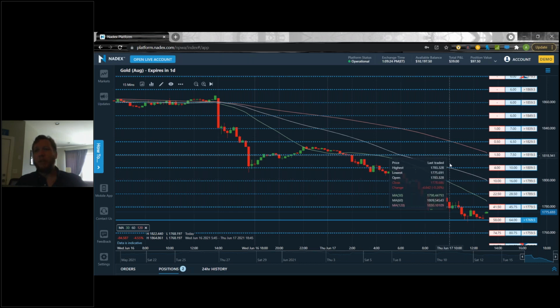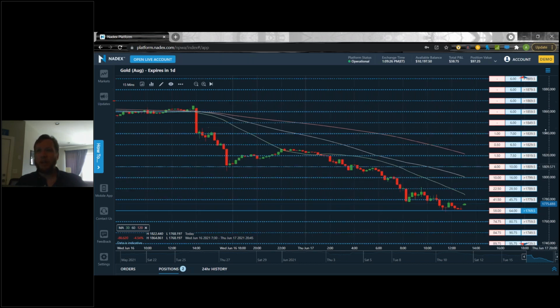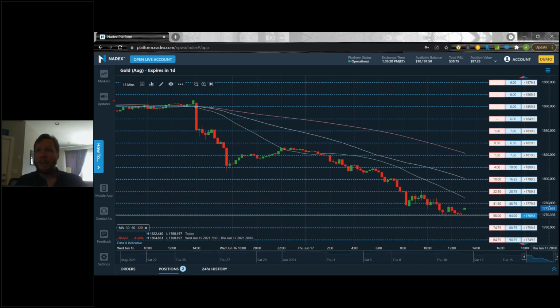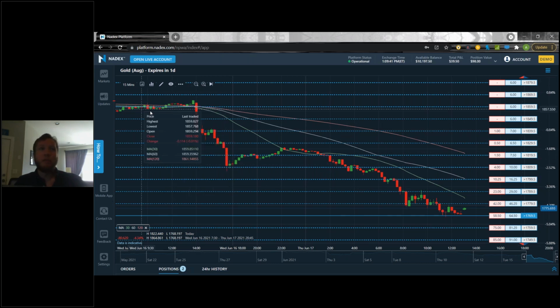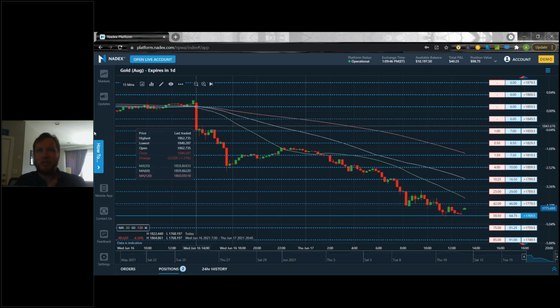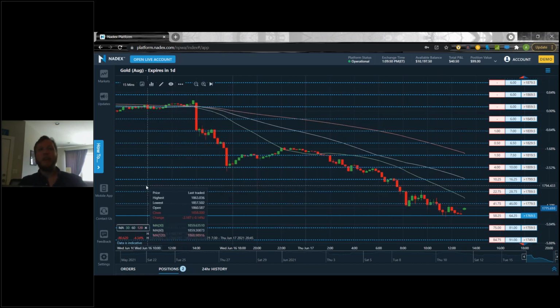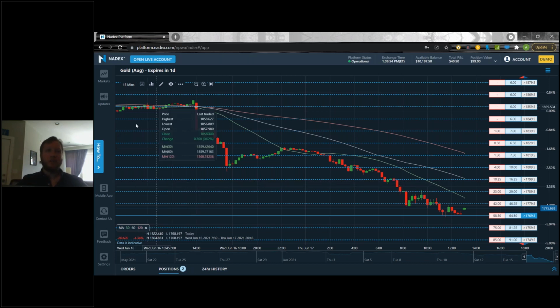Scale, linear is going to be the default, and you can see what that just did here. So on the right hand side of the screen, see how it's all these numbers here. So it's actually just the numbers of the underlying market. If I go over to scale and I hit percentage, that's actually just going to show the percentage change from the first candlestick on the chart. So if we go all the way back over here, we'll see that's at about 0%, right? So I actually like leaving it on percentage because it can really easily tell me how much percentages has moved up or down since this first candlestick.